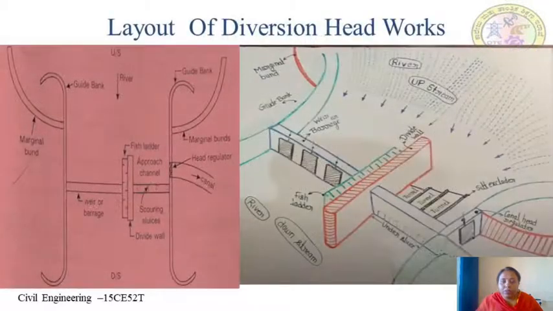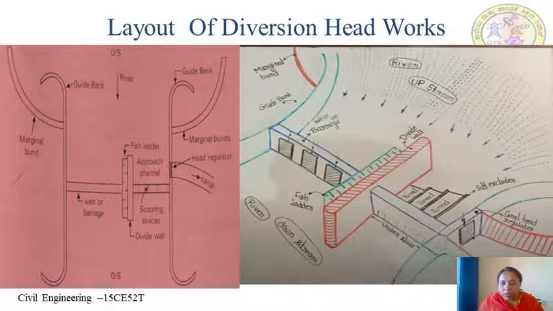You can see in this figure, these are the openings made in the weir structure. The undersluices or scouring sluices make a deep channel in front of the head regulator. You can see in this figure, these are the undersluices here, which make a deep channel in front of the head regulator, and they discharge a part of the flood on the downstream side. So undersluices should always be kept lower than the crest of the head regulator by at least 1 to 1.2 meters.